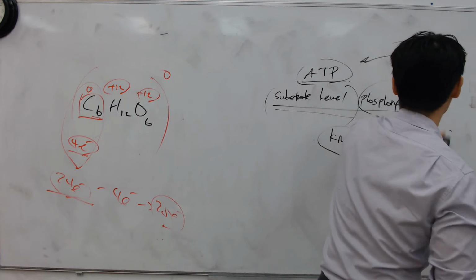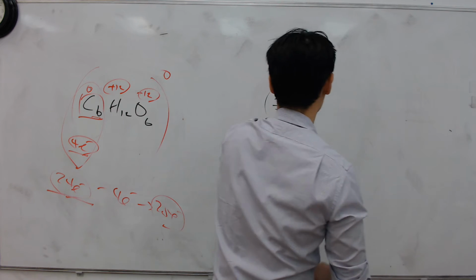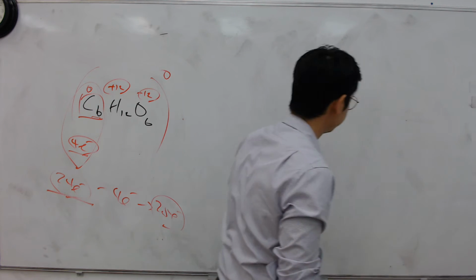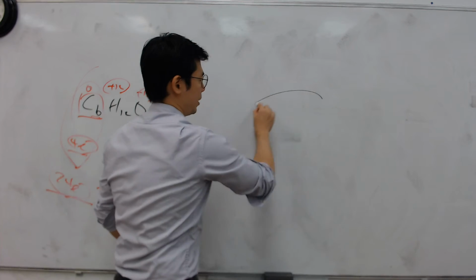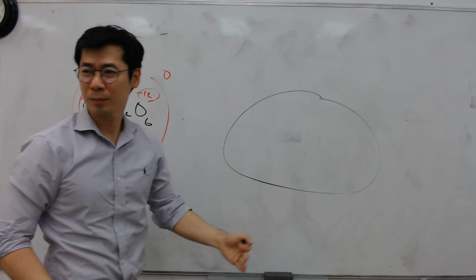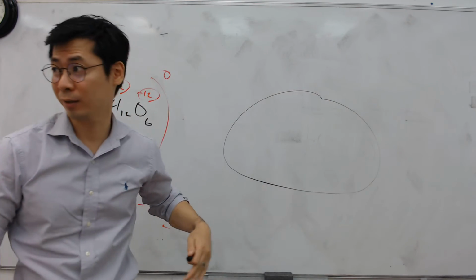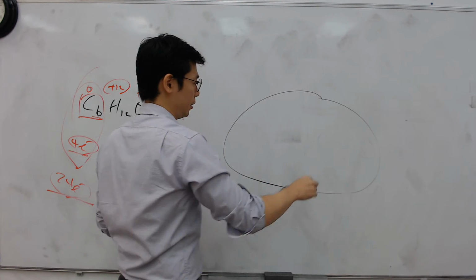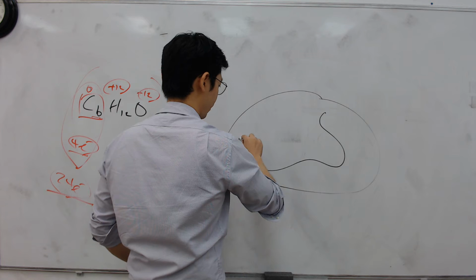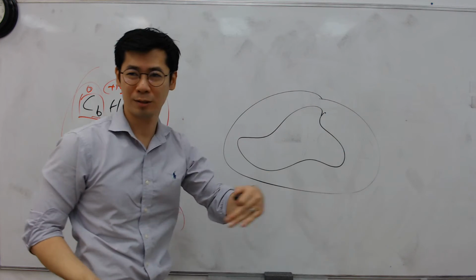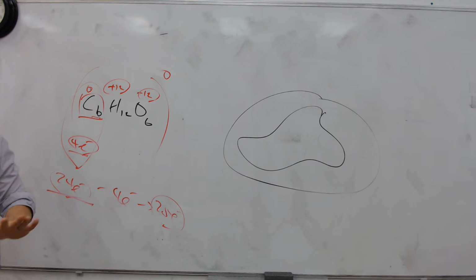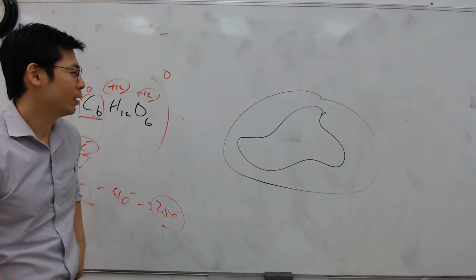After this, what happens is the process called the Krebs cycle. So this is the mitochondria. Again, my drawing is not the best. The mitochondria has an outer membrane, like the phospholipid, and an inner membrane. It doesn't look like this, and you can look at the textbook for the video, but I can't draw that well.